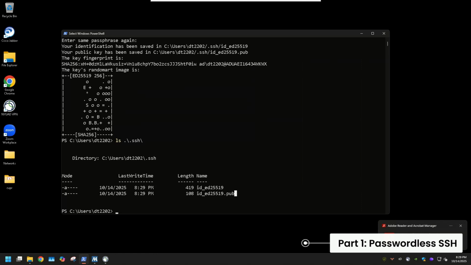Now the step is to make sure that you copy this public key to your remote PC, but unfortunately for us in Windows we don't have the handy command that we have in Linux, so we're gonna have to do this manually. So what we need to do is first go inside the SSH directory,